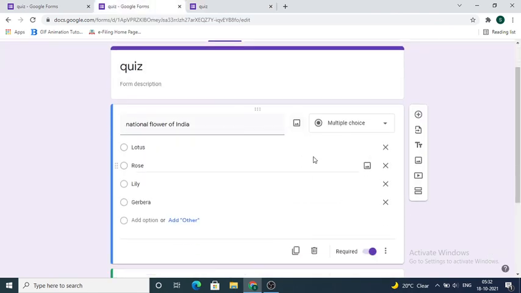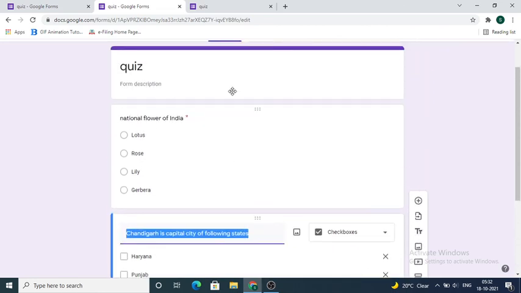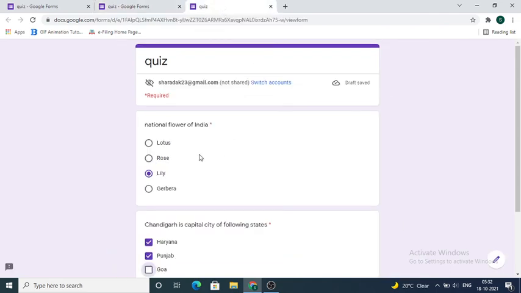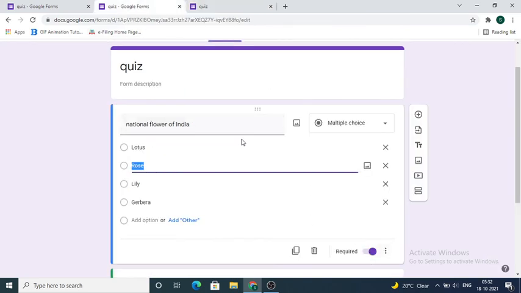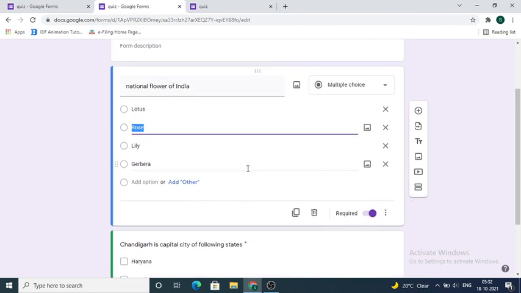So please remember, when you choose a multiple choice type of question, that time only one answer will be correct, whereas with checkboxes more than one answer will be correct. One more difference is when you click on this option required, you will see after every question there is an asterisk, a red color star, which indicates that this question is important. You cannot skip this question.